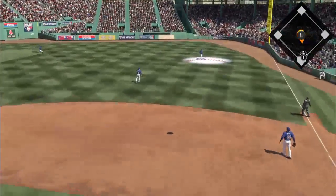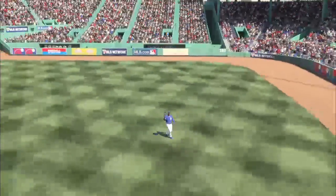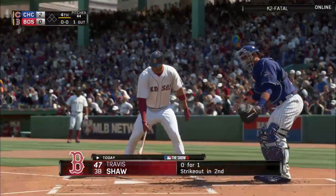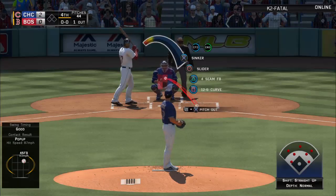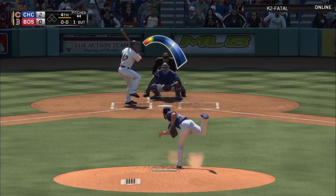High in the air out toward shallow right. Hayward moves over, and that's the first out of the inning. Travis Shaw is into the box. He was a strikeout victim in his first try. Yep, they sent him packing last time, so maybe they have a pretty good idea of how to attack him